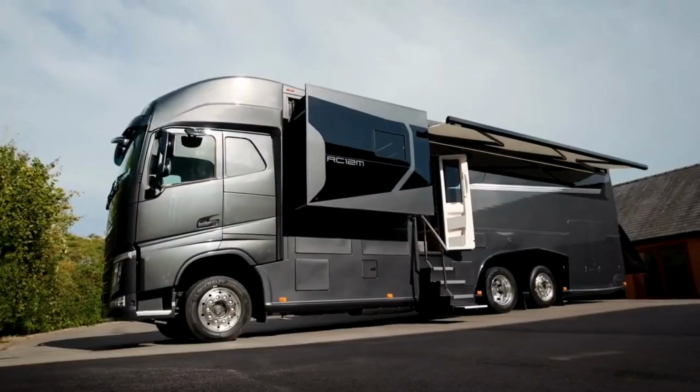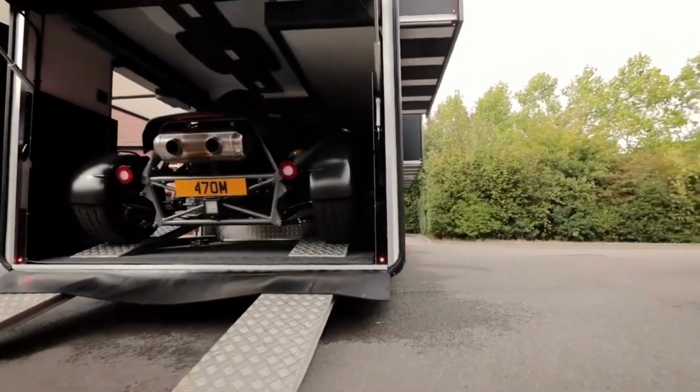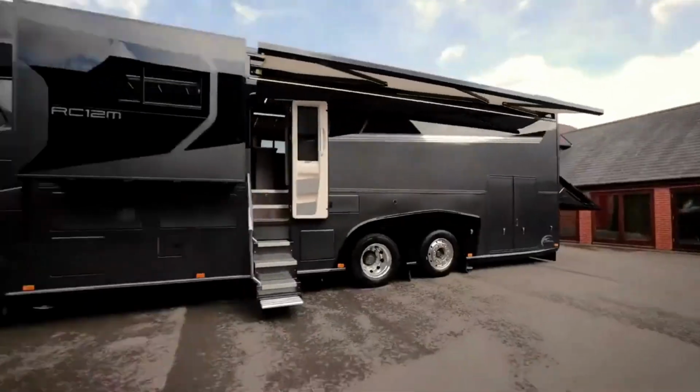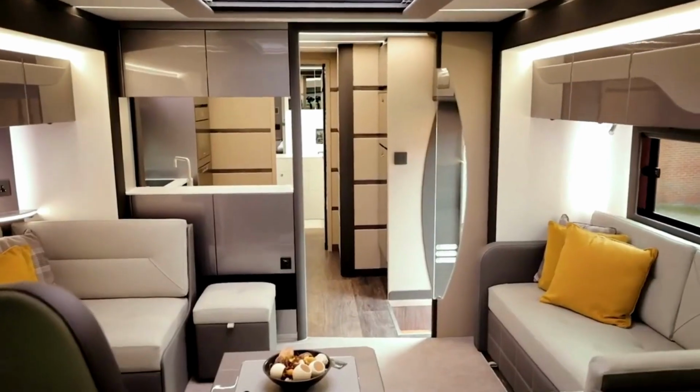Number 7. RC12M. The RC12M is a testament to the art of engineering and luxury in the world of motorhomes. Its exterior boasts a blend of sleek lines and functional design, hinting at the craftsmanship within. This motorhome is characterized by its innovative use of space, featuring pop-out sections that create additional living areas, enhancing the